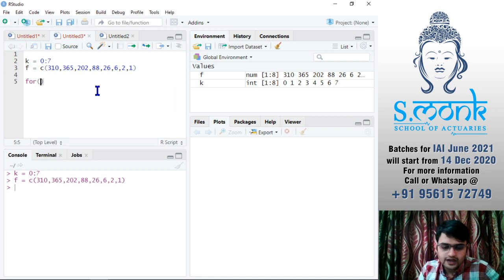So for i in 1 to 8, because I have 8 values. For each value, I want to repeat the ith value of k, ith value of f times.